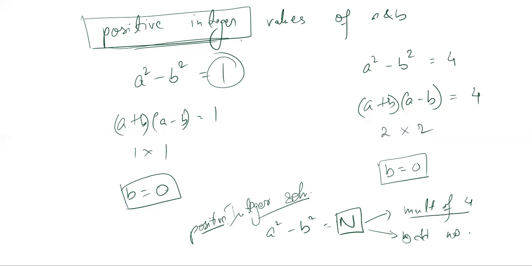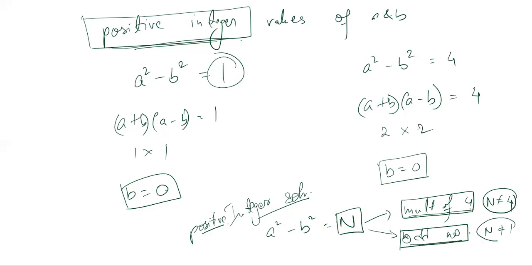This is a multiple of 4 but cannot be equal to 4. In that case, the b will never be a positive integer, it will be 0. Similarly, it can have an odd number but it cannot be 1. That is to say, when it is a multiple of 4, it cannot be the lowest multiple of 4, and when it is an odd number, it cannot be the lowest possible odd number. So these are two special cases I wanted to discuss, because as I promised, I'm going to leave you guys with one question for you to try later on.